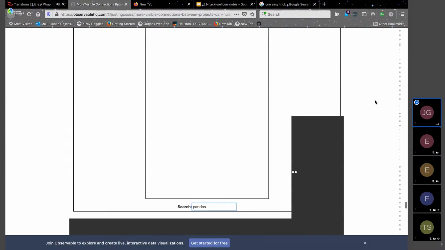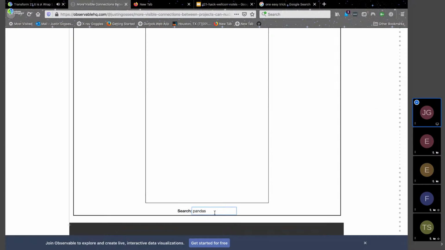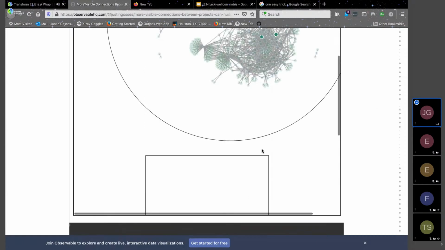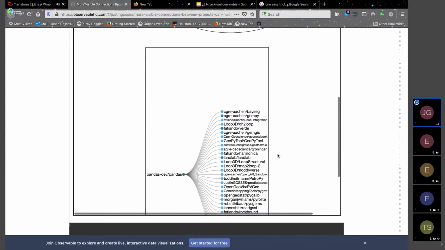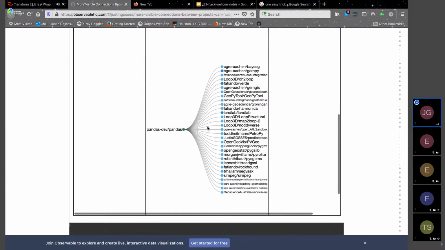Because I have a window and a window, this doesn't like the search. Okay, pandas. Okay, click pandas. So these are all the code repositories that I'm tracking that use pandas. So if you want to do geoscience stuff and you want to practice pandas, these are a starting point here,